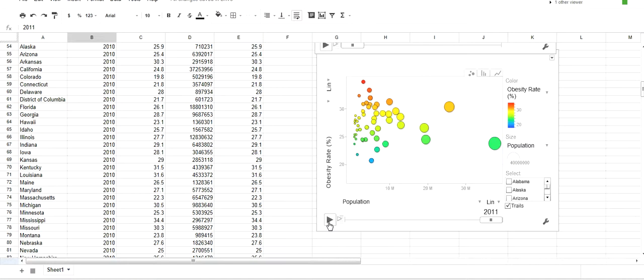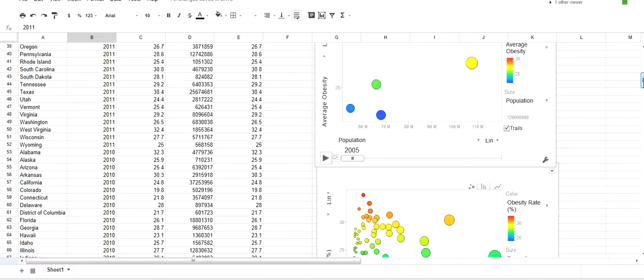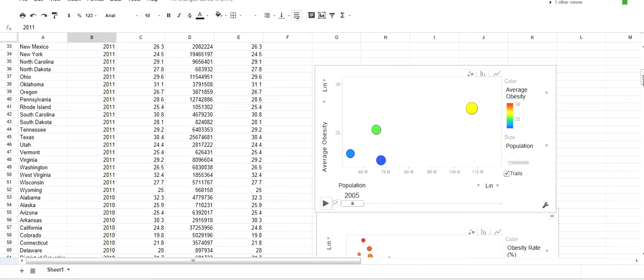Now, after looking at this, we realized that these southern states really do account for the majority of those high obesity rates. So from there, we decided to break this data into regions. And I'll go ahead and discuss each one with you. Let's look first at the South, which is going to be this yellow dot right here.